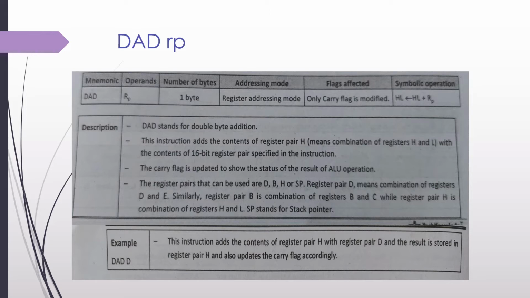So the instruction DAD RP adds the 16 bits of HL content with another 16 bits of pair of register contents, and the result is stored back in the HL pair of register. To give an example, you can consider the content of one pair of register and the HL pair of register, and after addition, whatever is the result will be stored in the HL pair. That is how you need to write the example.